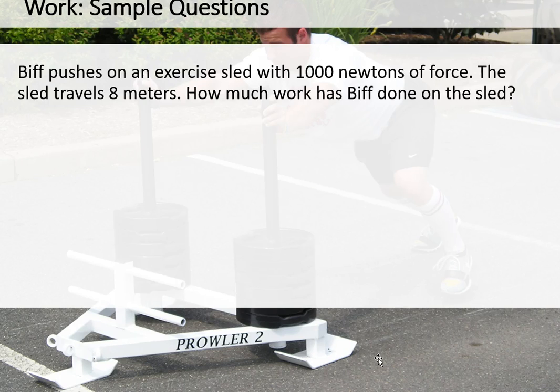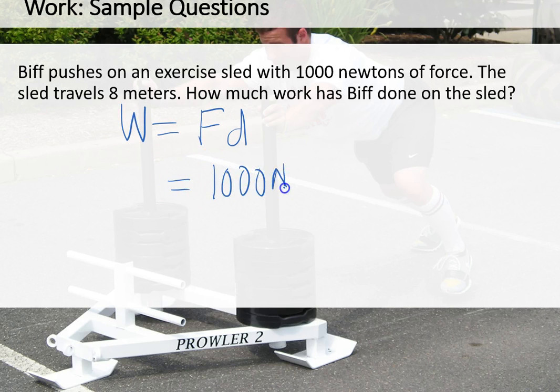And let's hear some questions. Biff pushes on an exercise sled with 1,000 newtons of force. The sled travels 8 meters. How much work has Biff done? Well, work is force times distance. We have 1,000 newtons of force acting through a distance of 8 meters, and we get 8,